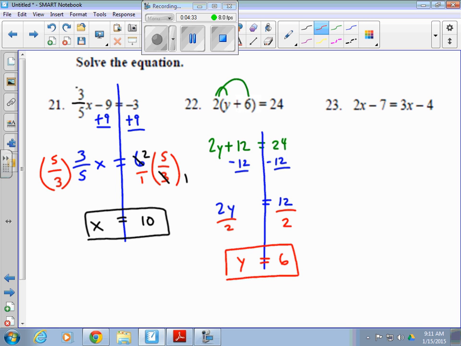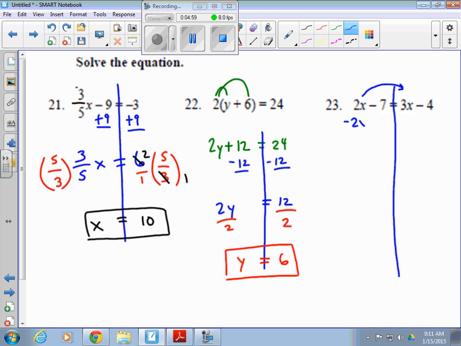2x minus 7 equals 3x minus 4. For number 23, you have variables on both sides. When we do inequalities, you want to always bring your variables to the left. It makes graphing much easier. But originally, we learned you always put the smaller variable over with the larger variable. 2x is the smaller one. So if we wanted to bring that over to the 3x side, it's positive 2x, which means